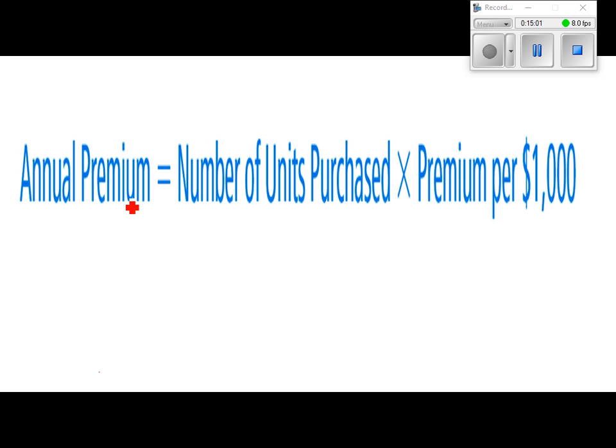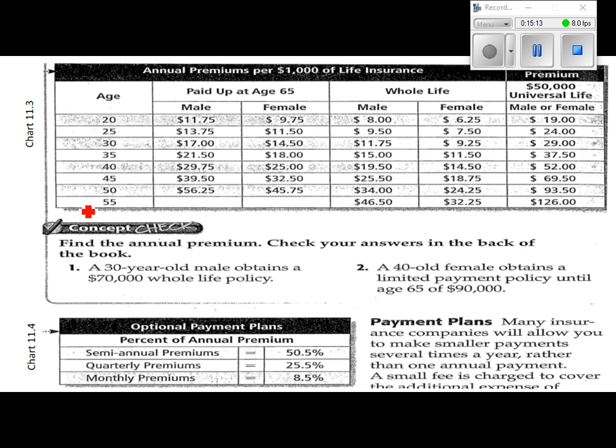A formula to use on this second part: annual premium is going to equal the number of units purchased times the premium per $1,000. And again, we're going to use a chart. And we have this chart, annual premiums per 1,000. This is chart 11.3. It goes by your age here. And then if you're paying up to your 65, so on, whole life for males,